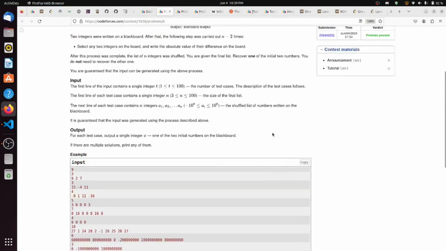Here it is given that we have two integers written on the blackboard. After that, the following step was carried out n minus 2 times. What is the following step? Basically, the two integers are written on the board and we have to write the absolute value of their difference